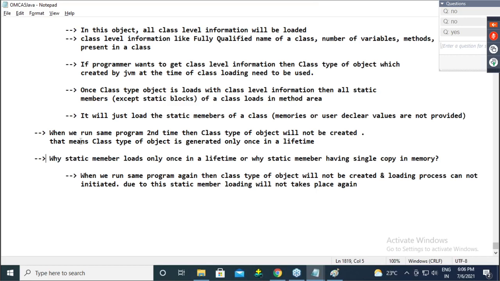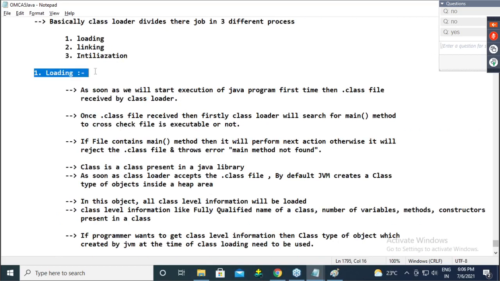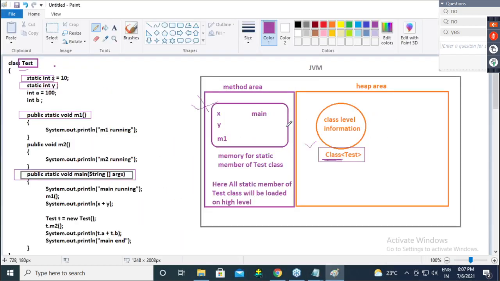So, guys, this is the end of the loading process. Now, guys, see, this is the total. By the way, did you copy this? You have to copy this. Otherwise, you will never understand. In future, you will get confused. Guys, note this down neatly.